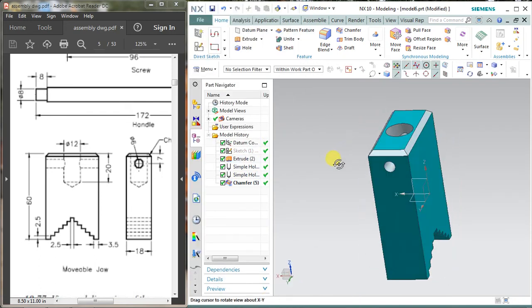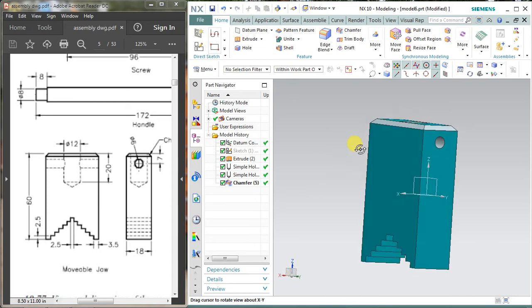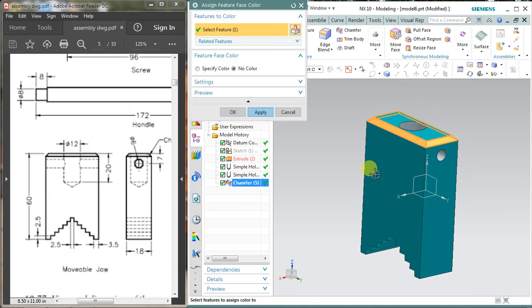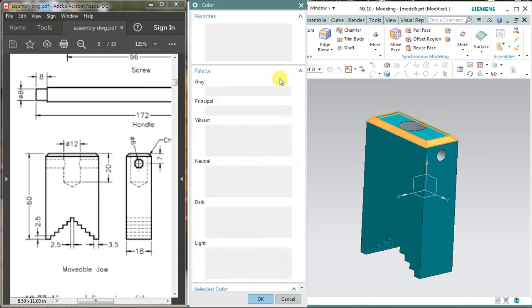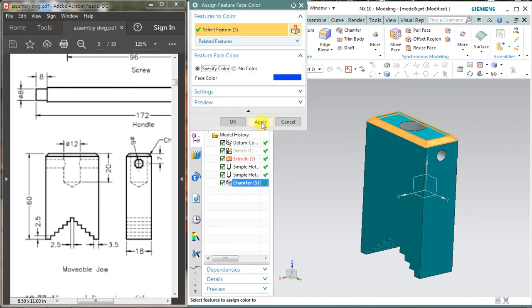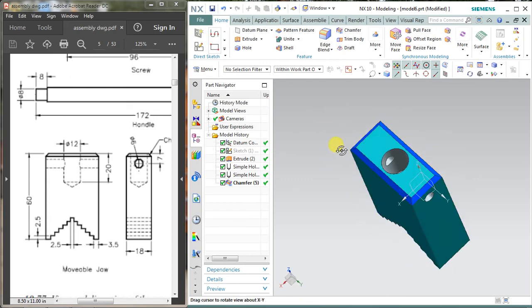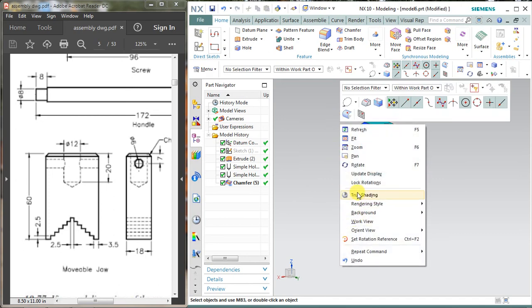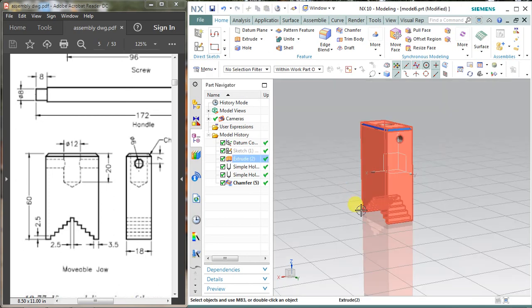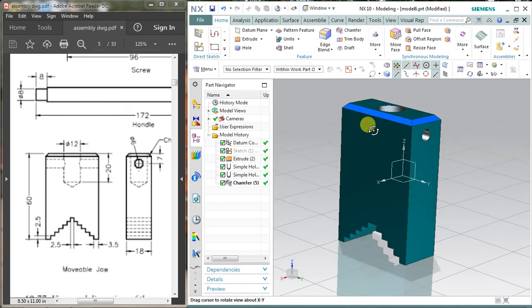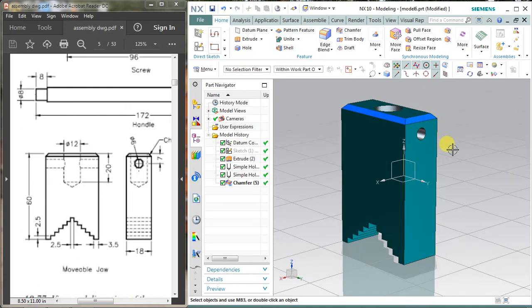Oh, it is looking fantastic, and it totally depends upon you which color you want. Select this chamfer and specify a color over this chamfer as well by selecting another color, which is blue, I guess. Okay, let's activate true shading. By activating true shading, you can see your object will look like the real one, isn't it?